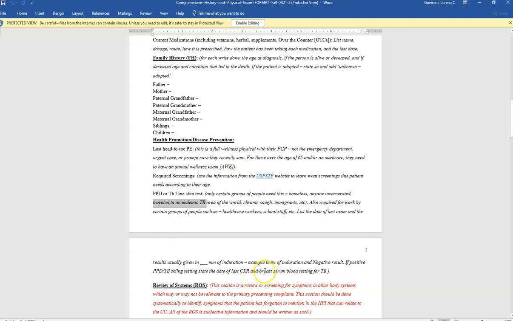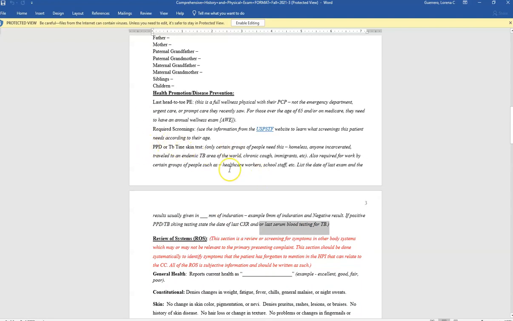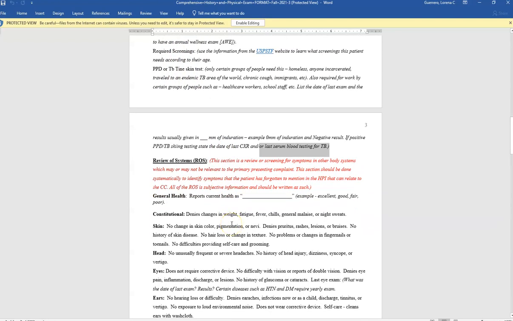Or they sometimes get blood results to check for what we call active tuberculosis, okay? What do you need to know from that? Just that tuberculosis is a screening and it goes under health promotion, okay? Review of systems. Please understand that this review of systems,